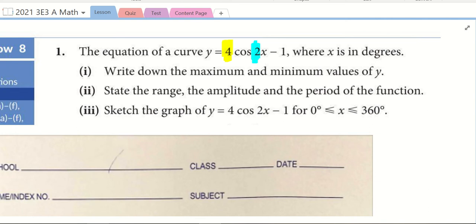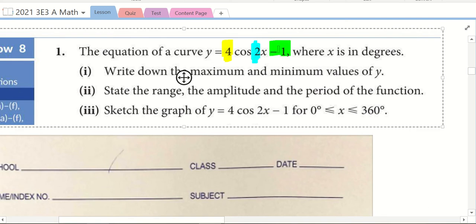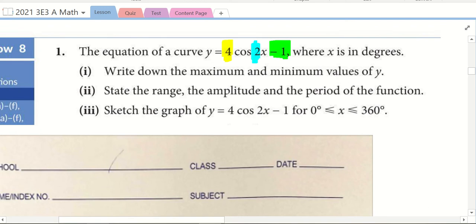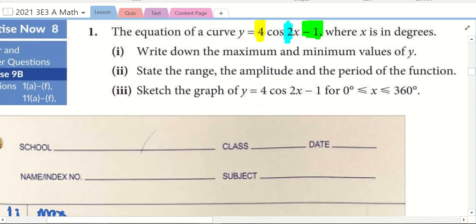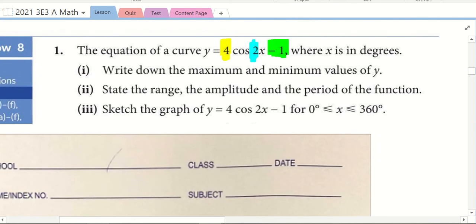The curve must start from... the whole graph will... minus 1, meaning move down by 1 unit. But we need to take note of number 4 is the height. I would agree. Yingshan,